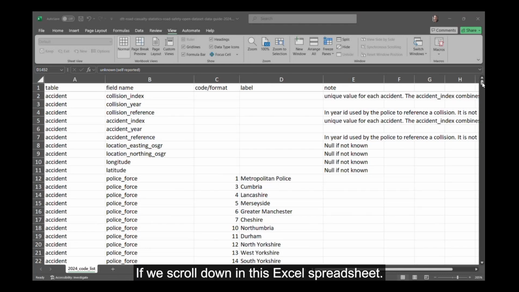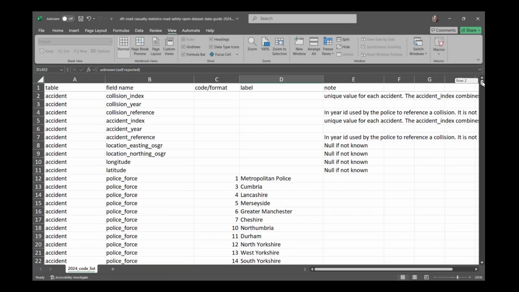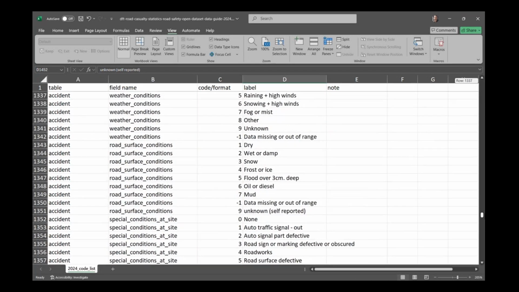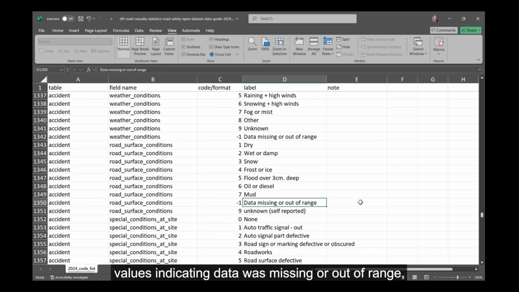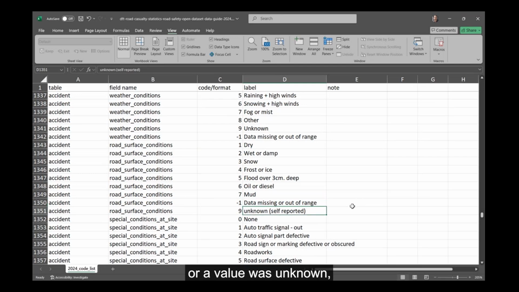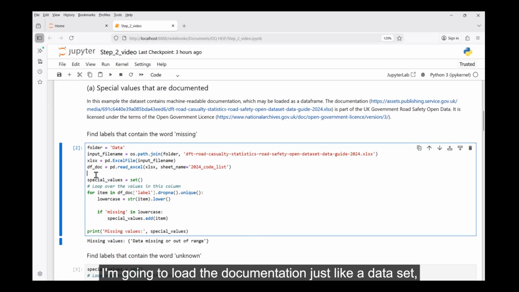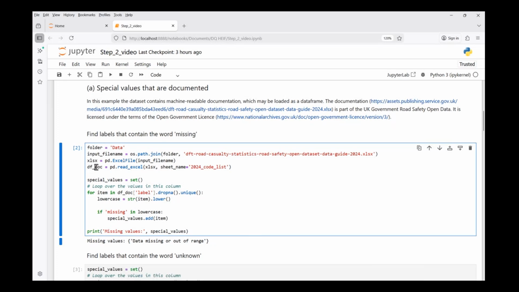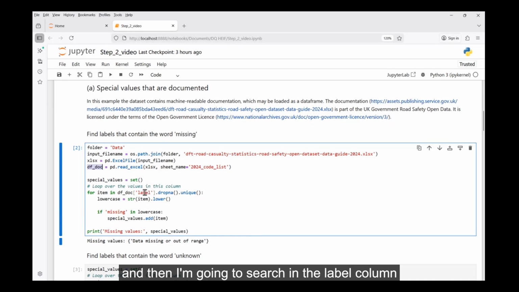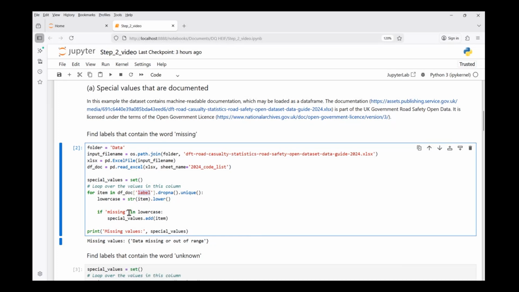If we scroll down in this Excel spreadsheet, then you'll notice things like values indicating data was missing or out of range, or a value was unknown. And we're going to make use of these labels to automatically detect the special values in our dataset. So to analyze this, I'm going to load the documentation just like a dataset, and then I'm going to search in the label column